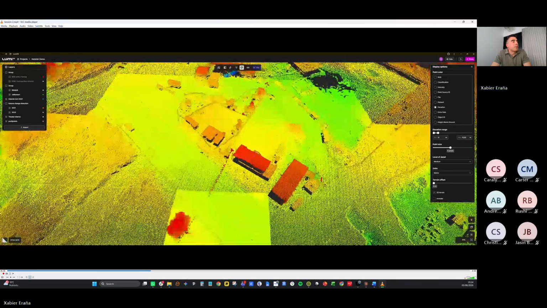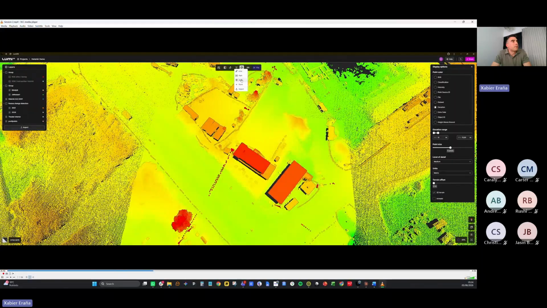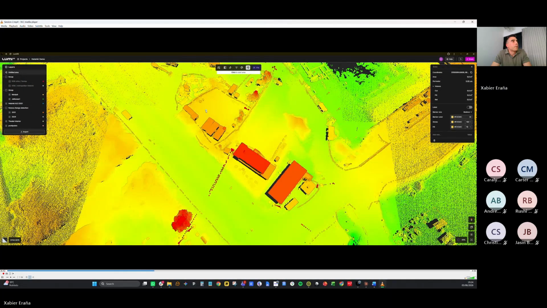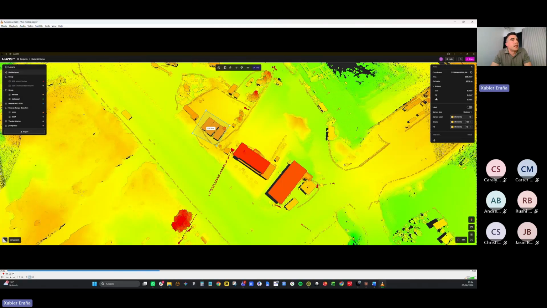And I will draw an area for you to see how easy it is. There I get the area in square meters, but I will also get the information regarding the volume in cubic meters. It takes a little bit of time to display this information, mainly because of the screen recording,